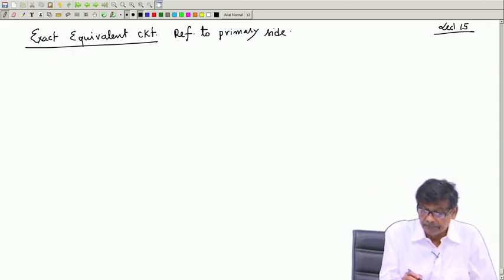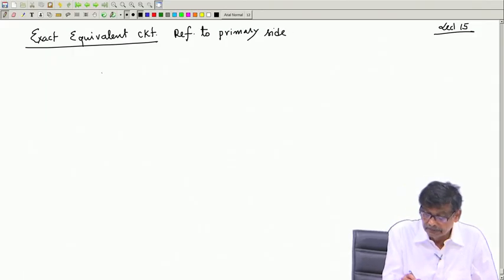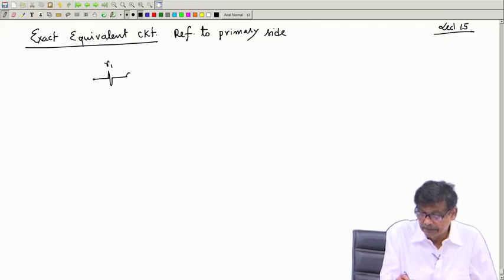The equivalent circuit we got last time is this one: primary winding resistance R1, primary winding leakage reactance X1,